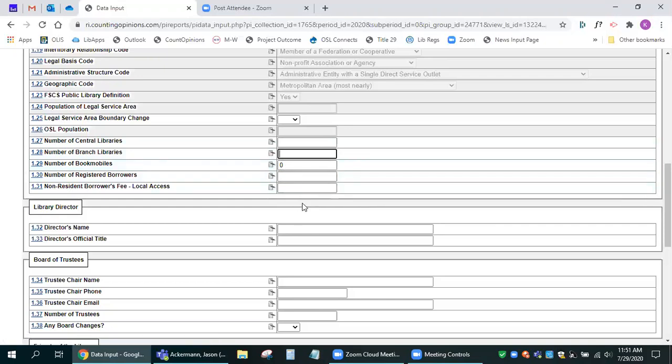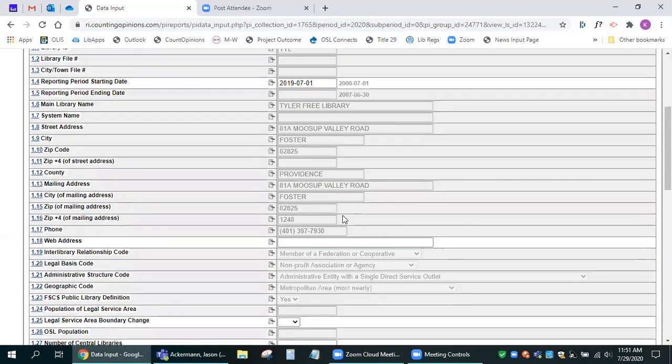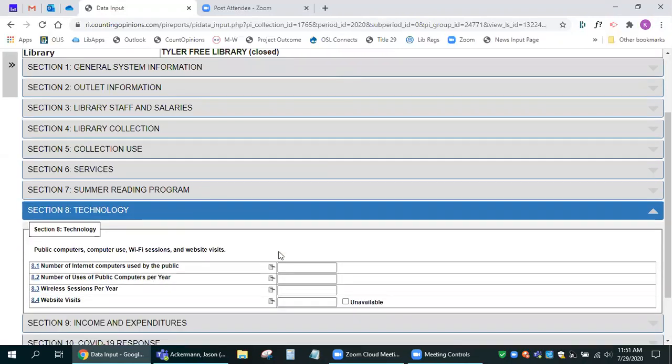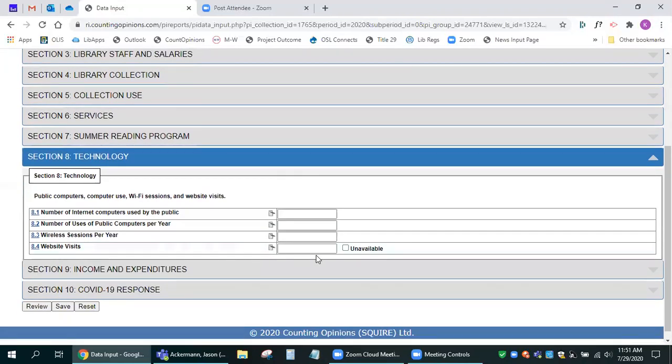Sometimes there is an option for not applicable. That means that you don't know the answer, you don't collect the data, or you can't get the data right now. An example of that would be in Section 8 Technology, website visits. So if you're unable to do that, you'll see what pops up is a -1.